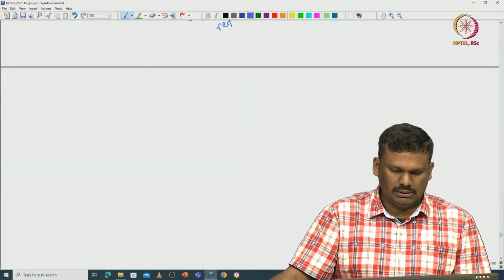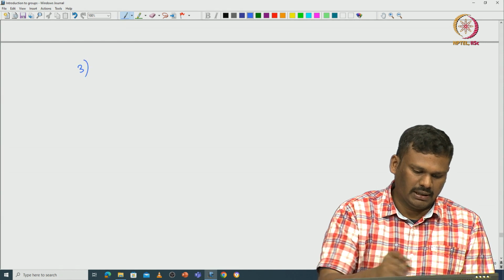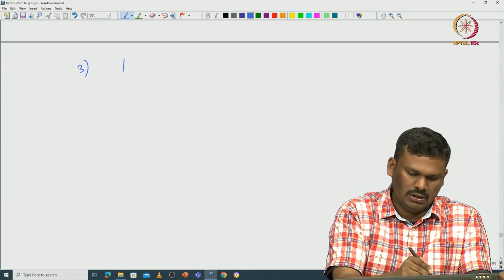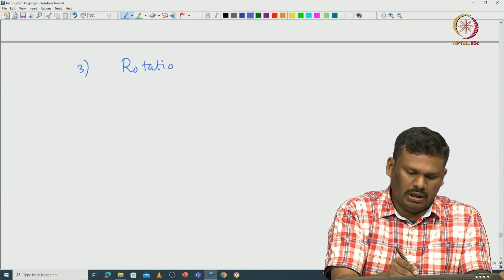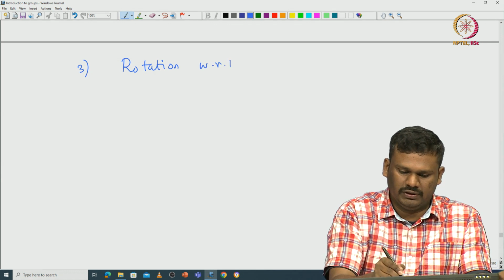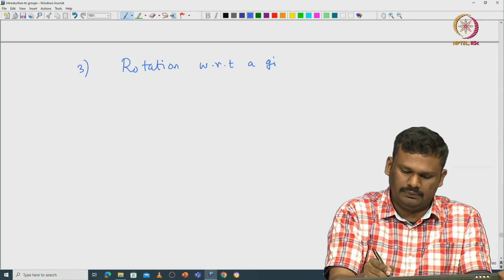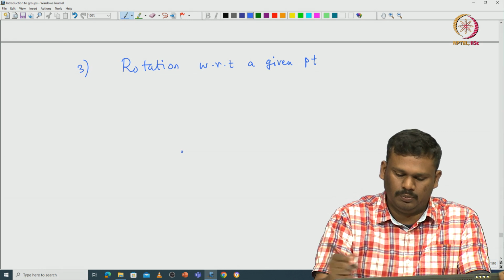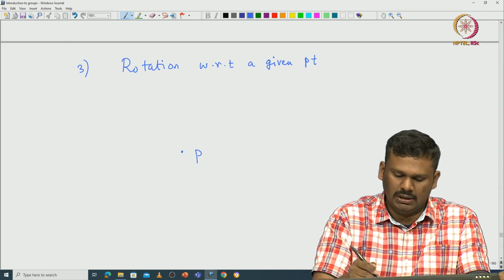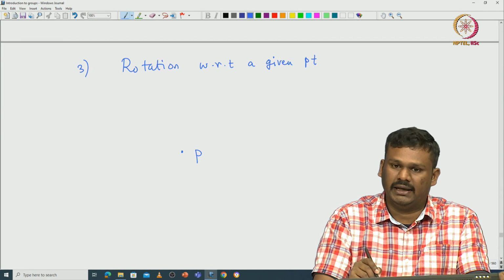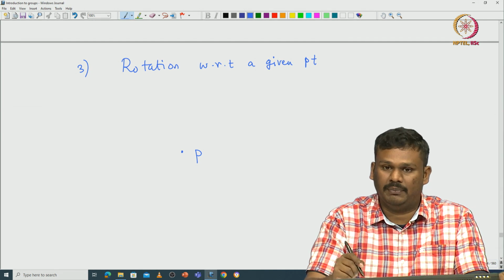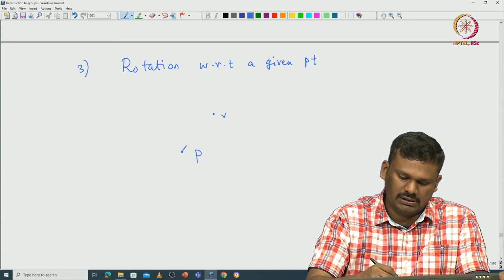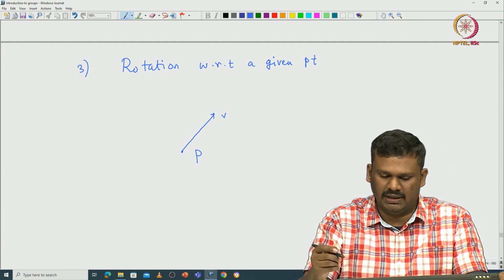Now let us look at another geometric example. Again, it is a very motivated example. This is actually a rotation, again with respect to a given point. This is also an isometry, that is very clear. You plot the point, you call it P, then you rotate the entire plane with respect to this point P. For example, if you take another point, call it V, then you draw this arrow that connects P and V.